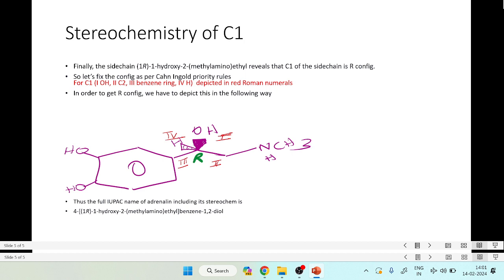Okay, so that is what I wanted to tell you in this video, and that's how next time when you see any IUPAC name of any other biological compound or any other complex organic molecule, this is how you have to